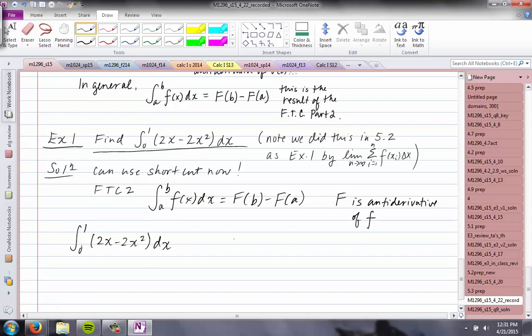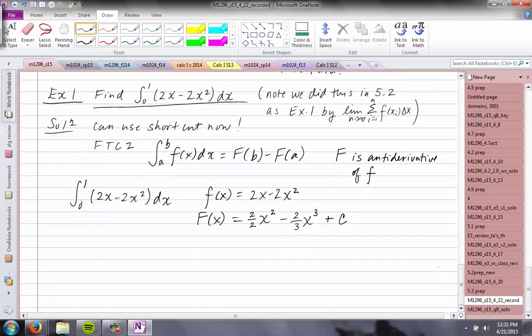And then we need to determine what big F is, or what the antiderivative of 2x minus 2x squared is. So that's really easy. We learned how to do this from 4.9. So the first one, we have the constant multiple rule, and then we can use a power rule for antiderivatives for the x part. So out front, I'm going to put a 2 over 2, which is also the new exponent for x, and then I'm going to have minus 2 divided by 3, which is the new exponent for x. And then don't forget plus c